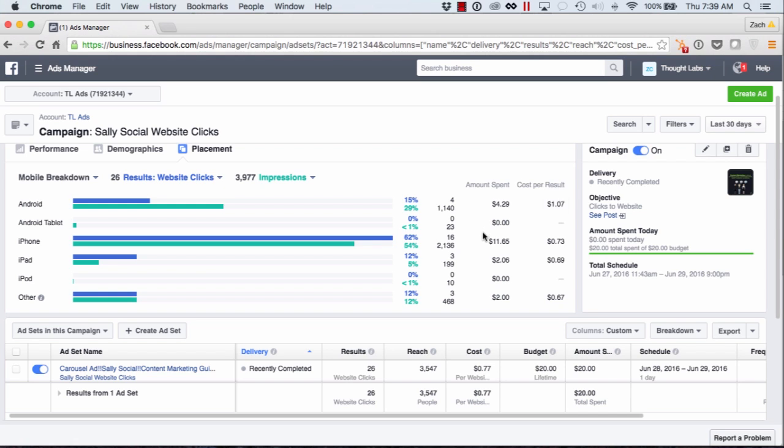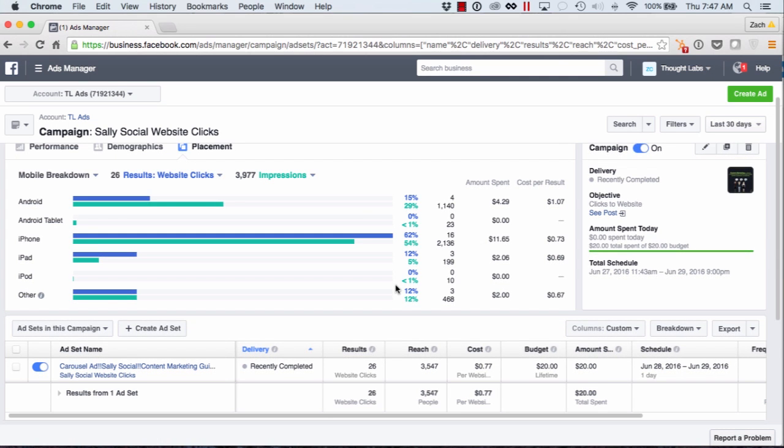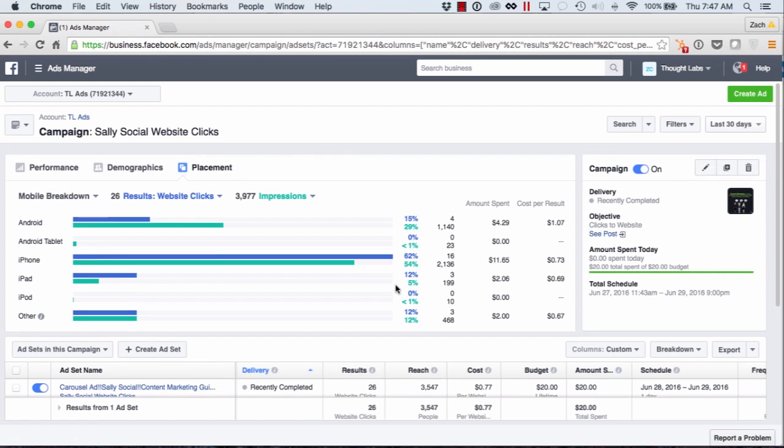Like you can see here that we're paying a lot more to reach Android phones than we are on the iPhone. And so maybe for a follow-up campaign, I would target only the iPhone and see, do I get better results for less money? And of course, you could dig much deeper into this data,